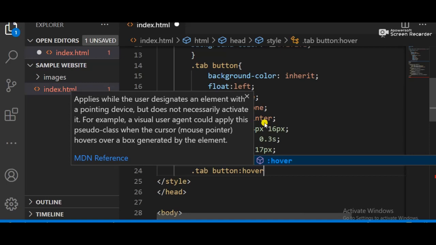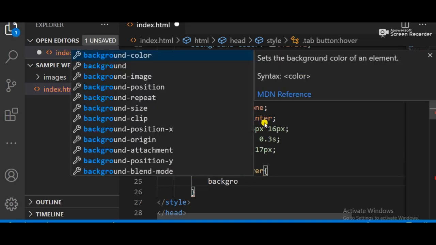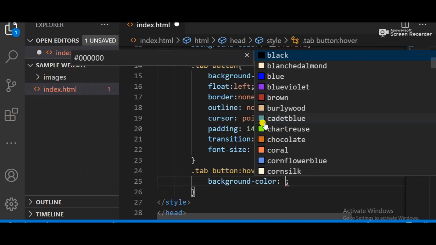So the result appears after moving your mouse onto the button. And when you leave it, there is nothing to show. Okay, so background color should be SVG.